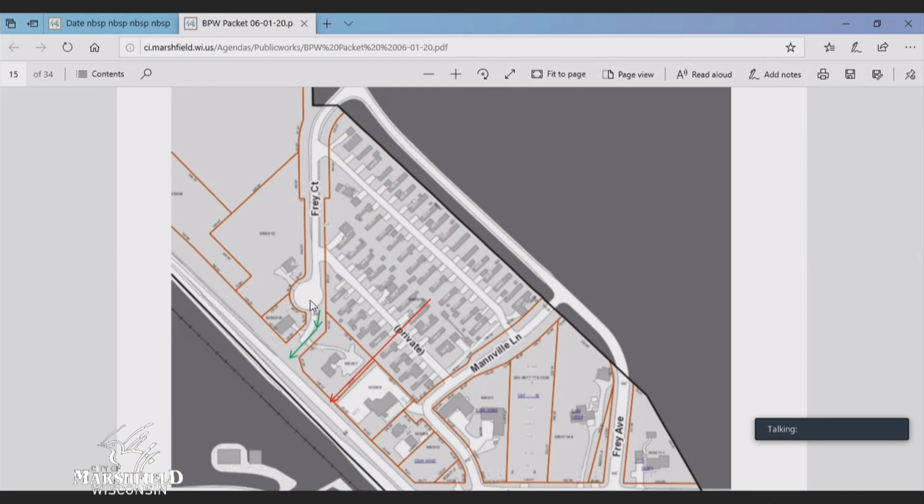Sam agreed that the wastewater treatment plant could participate in up to 50% of the construction cost, as this extension would benefit more than just one parcel. I've estimated the cost for sanitary sewer main extension of $50,000. The property owner feels this extension for sanitary sewer service on Frey Court is the best long-term option for the residents of his park. Please note the park owner will have to complete all internal sanitary sewer system improvements at